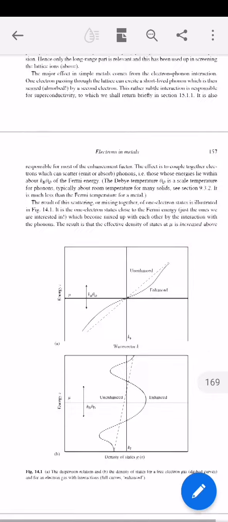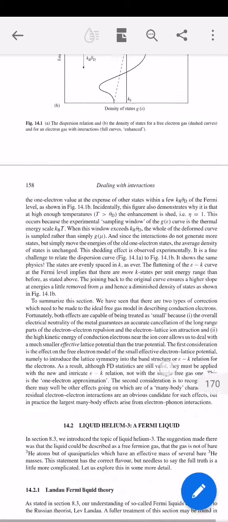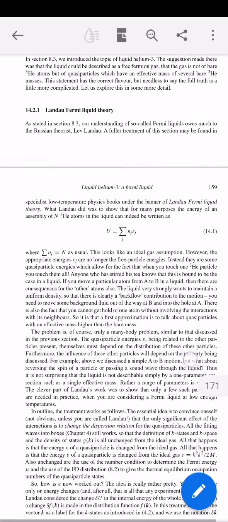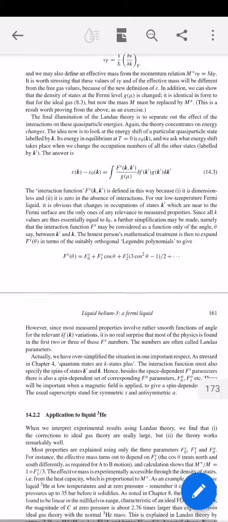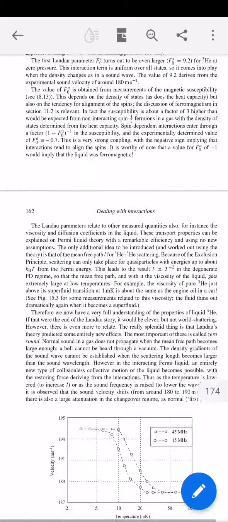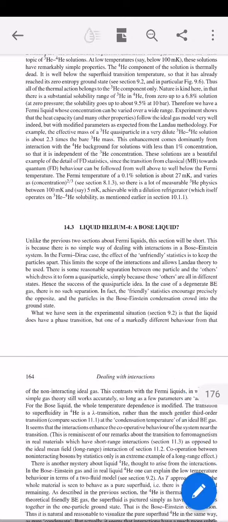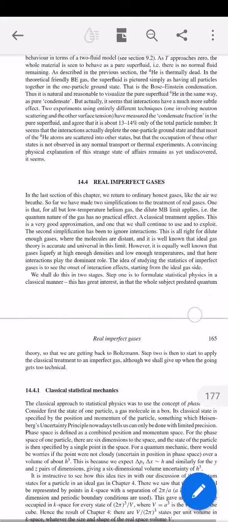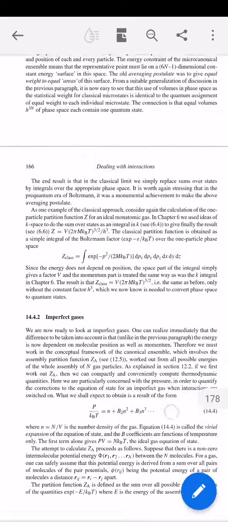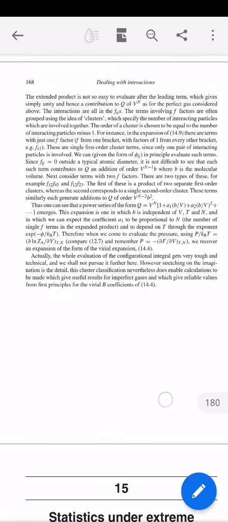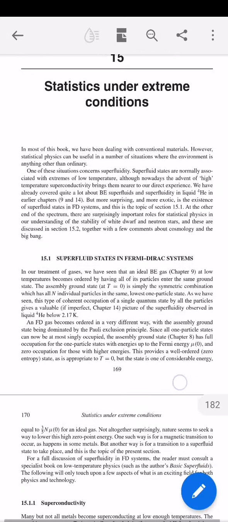And then, interesting. Never thought liquid metals could be assumed to be a Fermi gas. That's a very wild idea right there. And then chapter number 15,